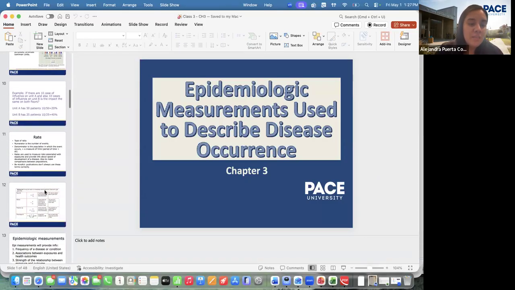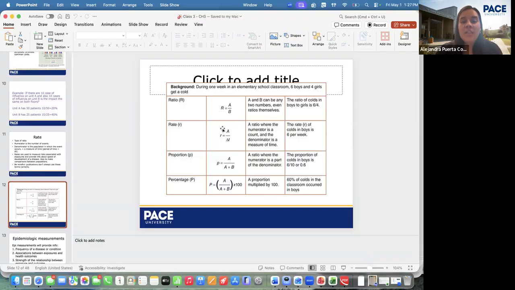Just as a little reminder, ratios, rates, proportions, percentages, right? So in a ratio, my numerator and my denominator are not contained within one another, right? In my rate, I have a value of time, right? My denominator is a measure of time. In my proportion, my numerator is part of the denominator, right? So a proportion would be